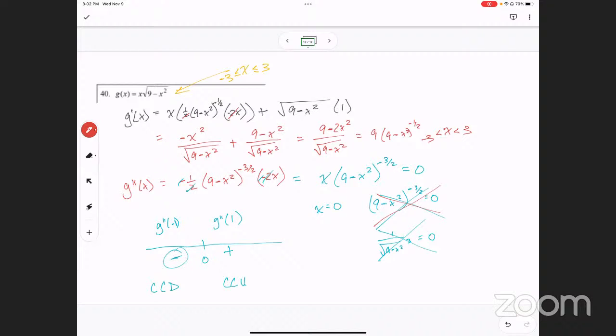So that's going to change some stuff in our answer. Not a ton, but it's definitely going to make that 9 minus 2x squared all over the square root of 9 minus x squared. So then when I do the double derivative, it's going to be